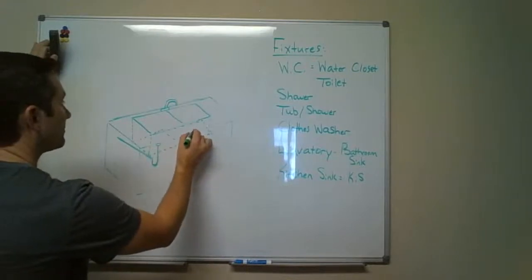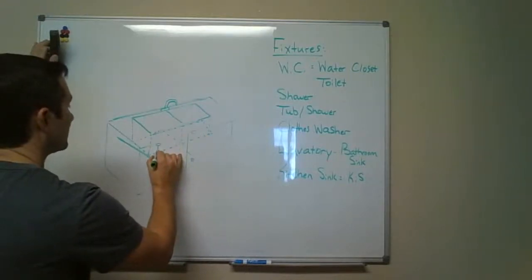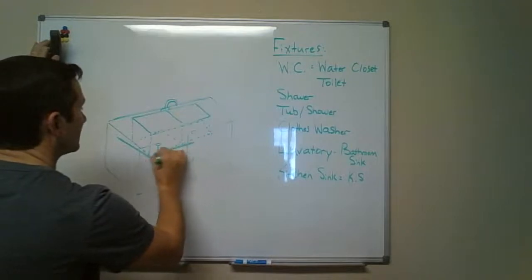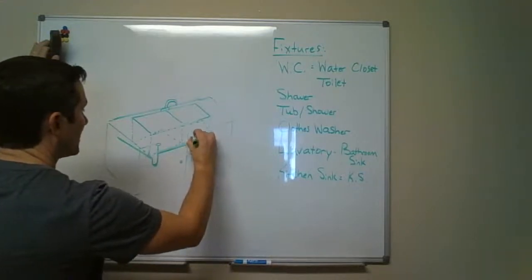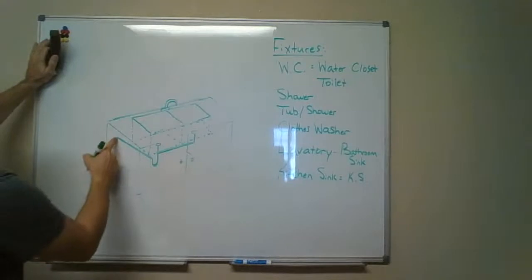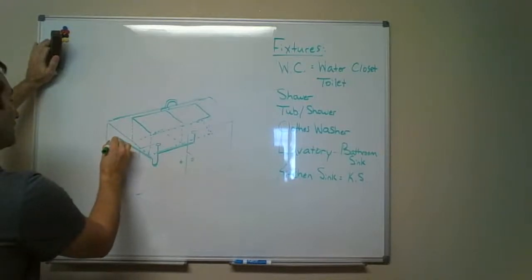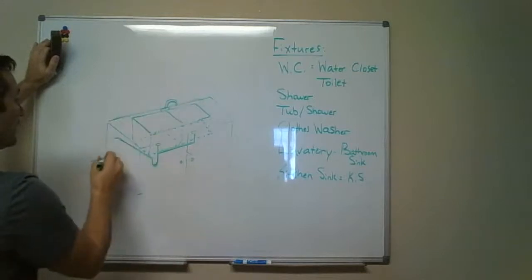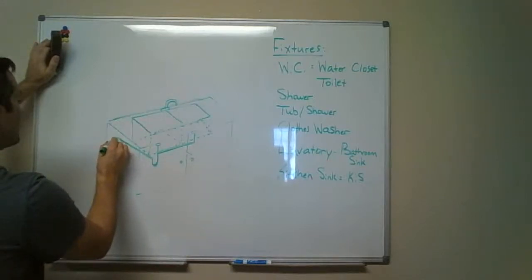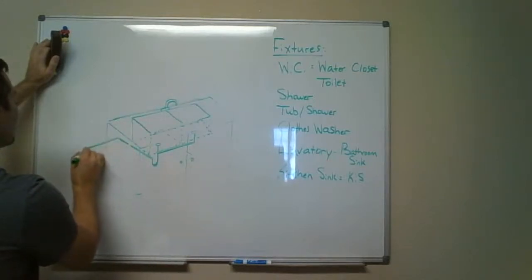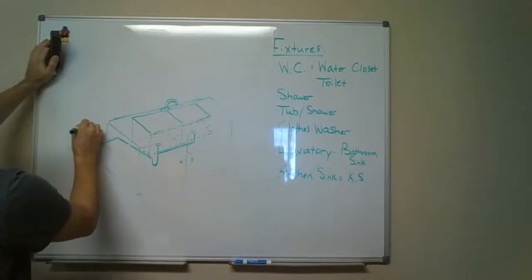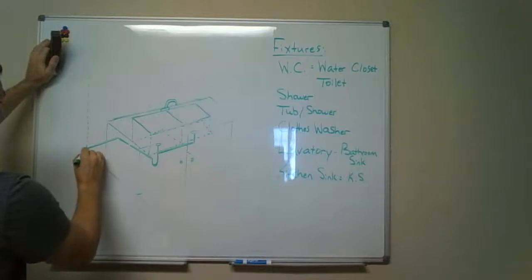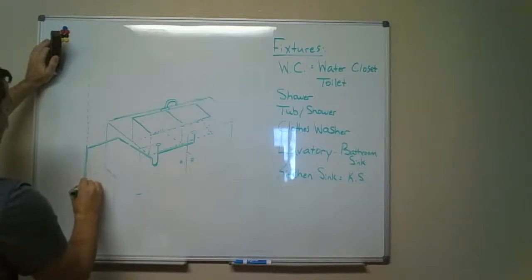We got another bottom of the sink over here. So we got to come out of that, come across, turn vertical to catch that sink, get behind in the wall. Then we might turn if we're in a window area or something like that. I might need to offset that over to one side. Then you can turn vertically and go up with a vent, and you can go down with the drain to